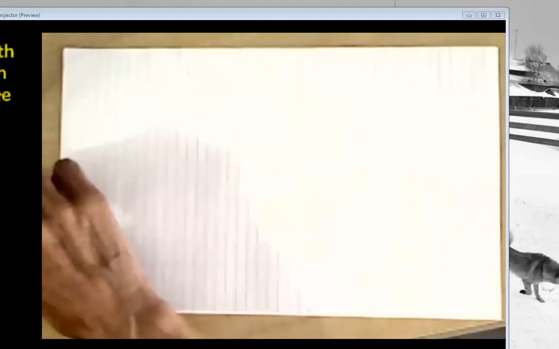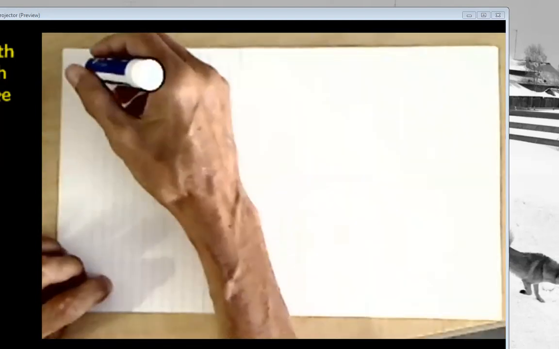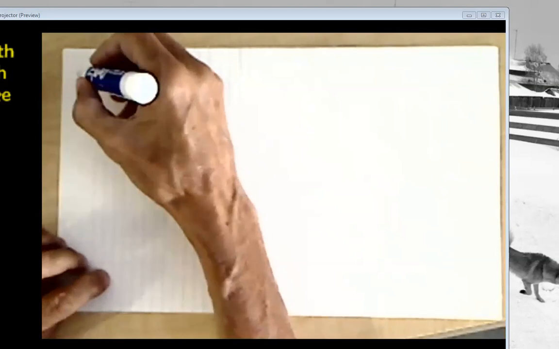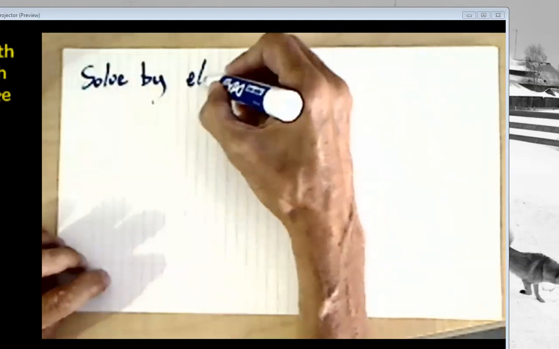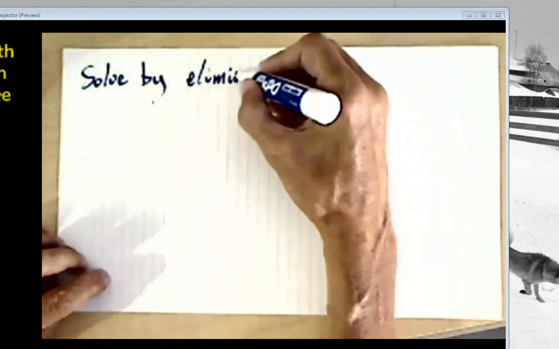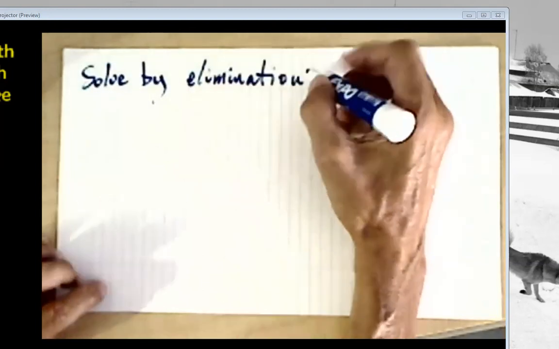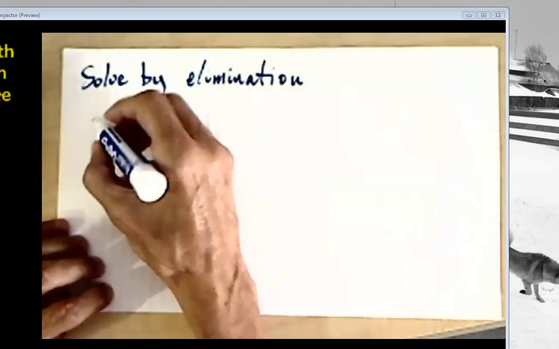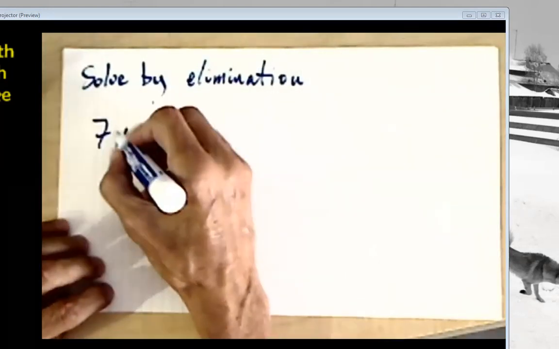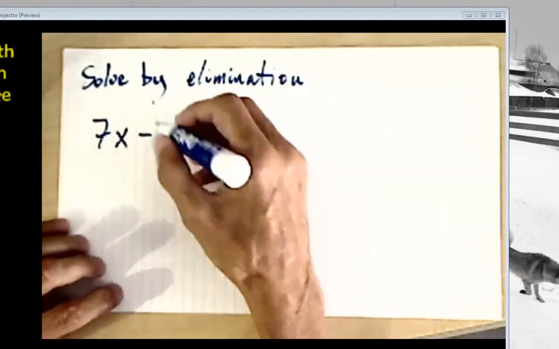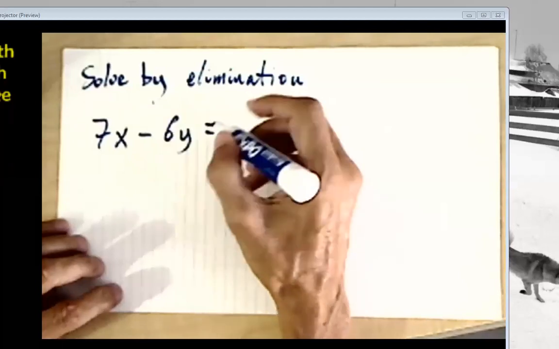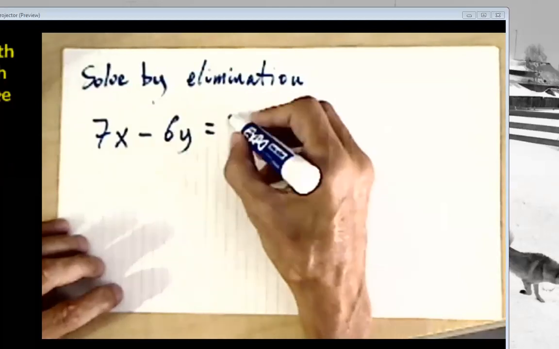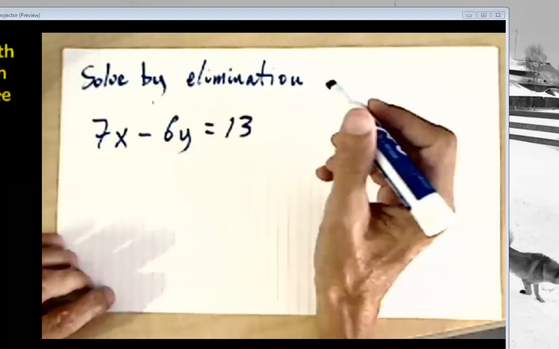All right, so one last one. Solve by elimination. The other method, okay? That's going to be, that's 13, and then